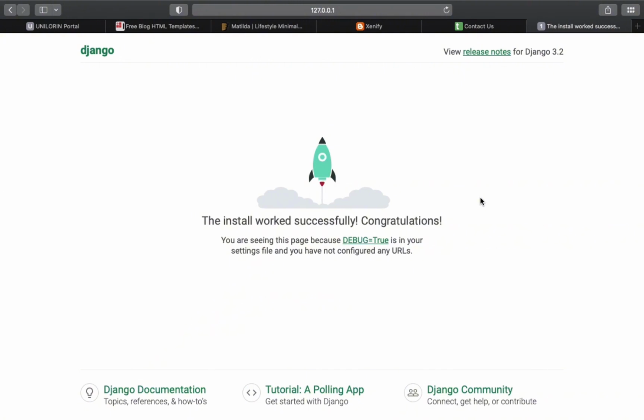So now we are going forward to look for our template, and then do the database migration, and then start working on our complete